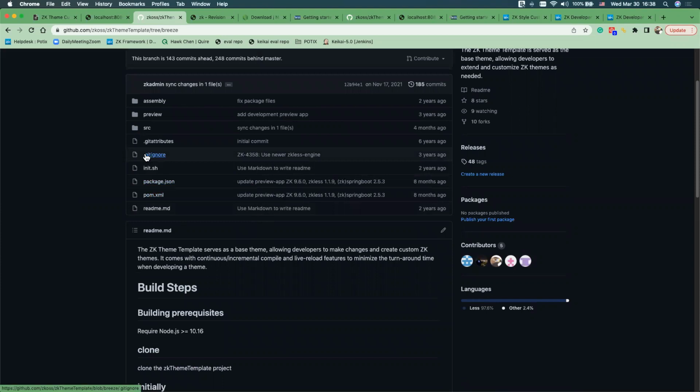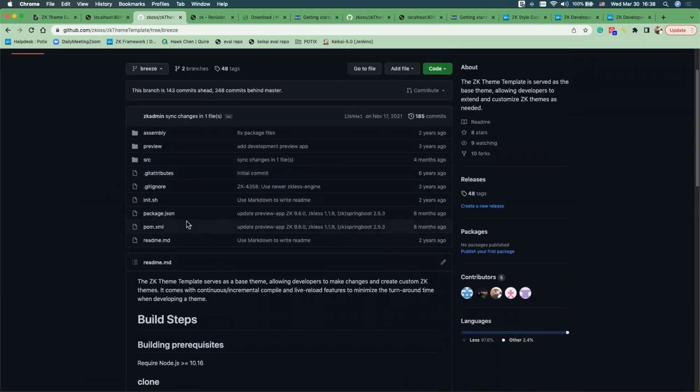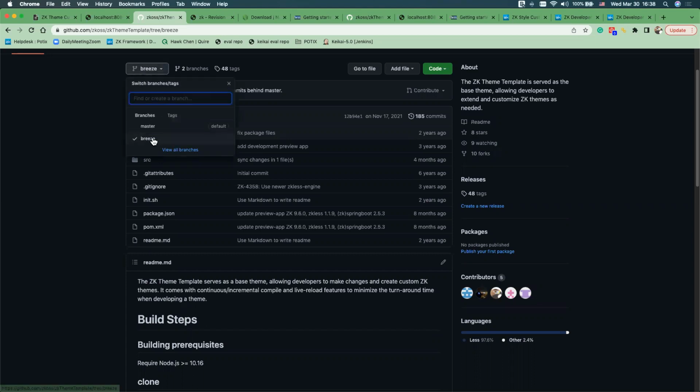So they are almost the same. You just follow the same steps to initialize and to change the less file based on breeze. So that's the benefit: you don't need to modify the ice blue into a breeze and then start with breeze. If your expected target theme is more similar to breeze, you can just start with breeze and start customizing it. And if you want something like